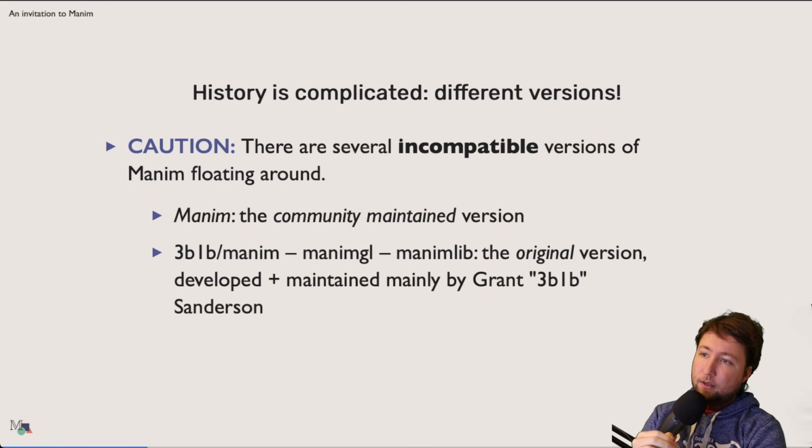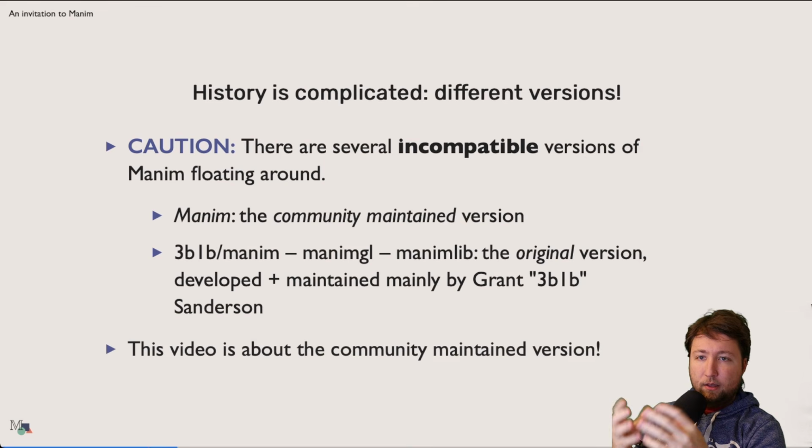When you see code, you usually see a reference to manimlib. This is not the community maintained version. That's the version that Grant has written originally and which he maintains himself, more or less. For all practical purposes, however, it's recommended to start working with the community maintained version, simply because it's much better documented. The original version, there is some sort of documentation. It's pretty bare bones, but the community maintained version has proper documentation. And needless to say, this video also is about the community maintained version.